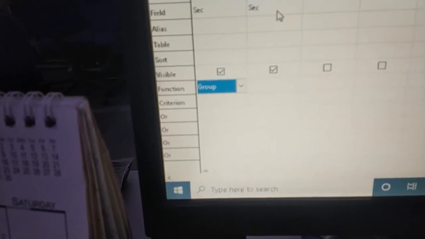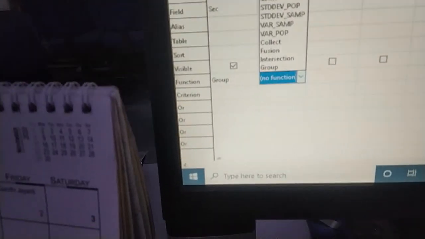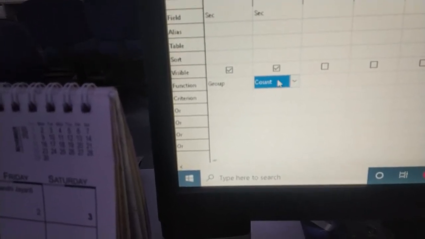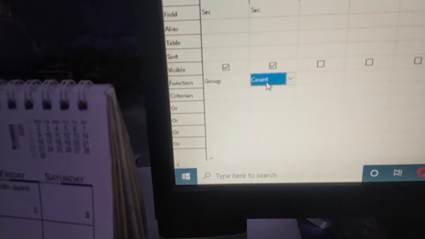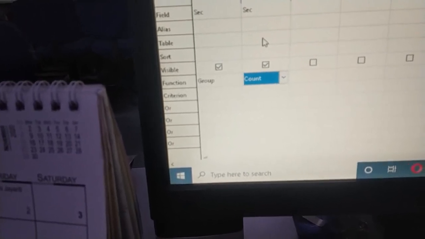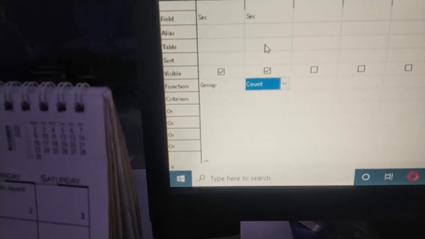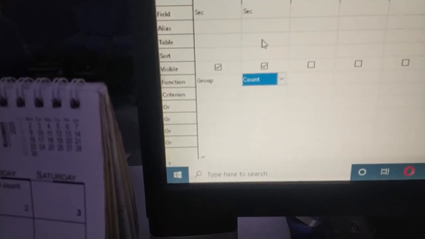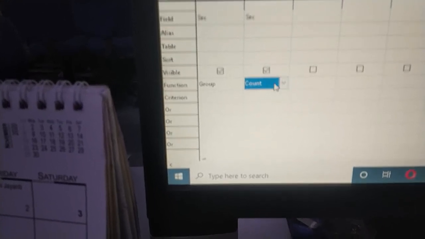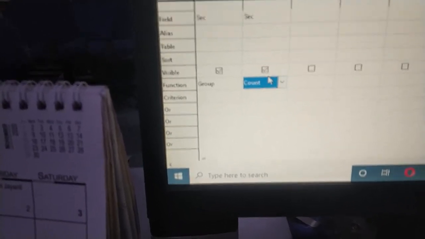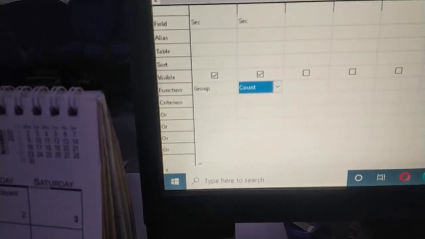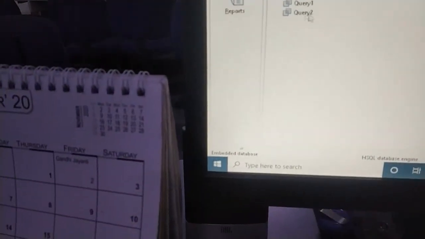And then in another section column where you want to apply the condition, you come down, equivalent to the section, and here you say count. So count is a function which basically will count each section. It will group the data on the basis of a section first. So A section all data will be together, B section all data will be together, C section all data will be together. And under the section I want to count how many values a particular section has. So these 2 columns I have taken, just close it, say yes.